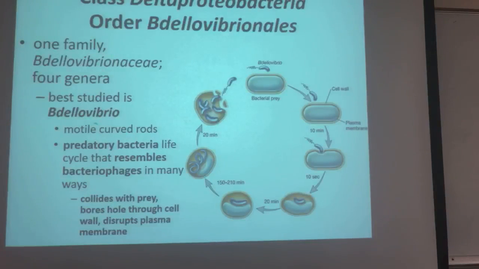We talked about, in the class Delta Proteobacteria, Bdellovibrio. What you should know is that these are interesting because they behave like a virus. These are bacteria that infect other bacteria, grow through multiple fission, and then lyse the cell to release. So their life cycle is somewhat of a virus, isn't it? So Bdellovibrio, what should you know about it? Its life cycle is like that of a virus.